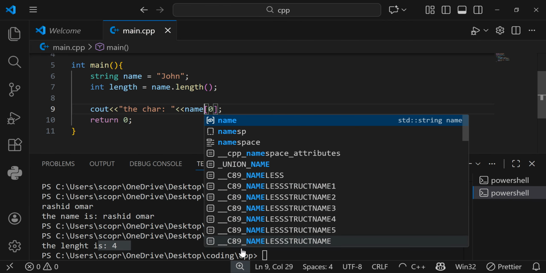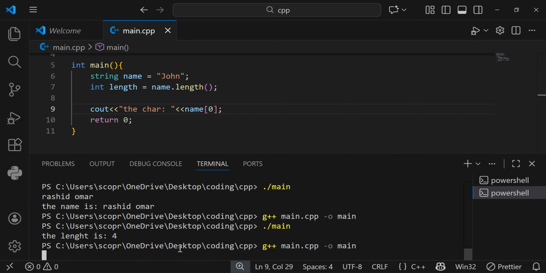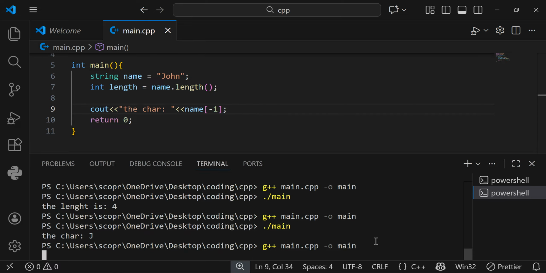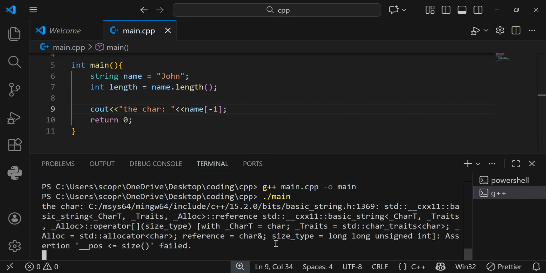And if we try to save and compile, after compiling, let us try to run. As you can see, we get J. Okay, so we can use -1. I told you that there are no negative indexes, but I added on and said that they exist, but in a logical way. So if we try to compile and run, as you can see here,